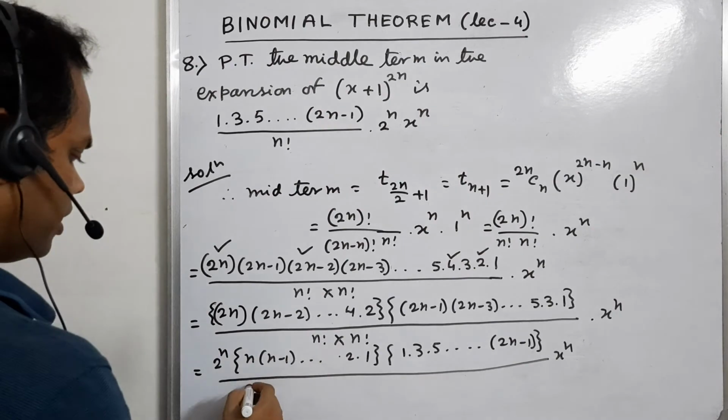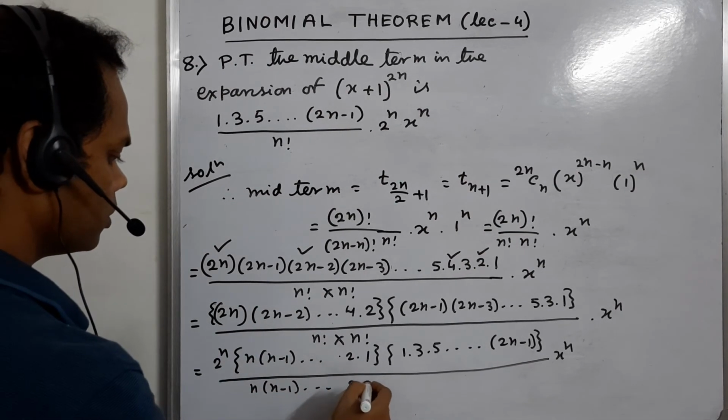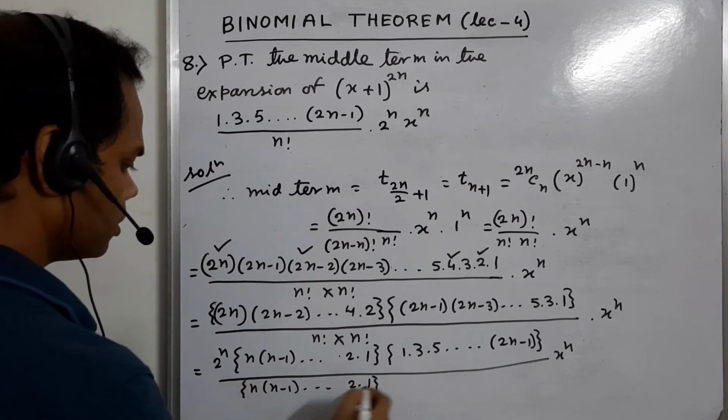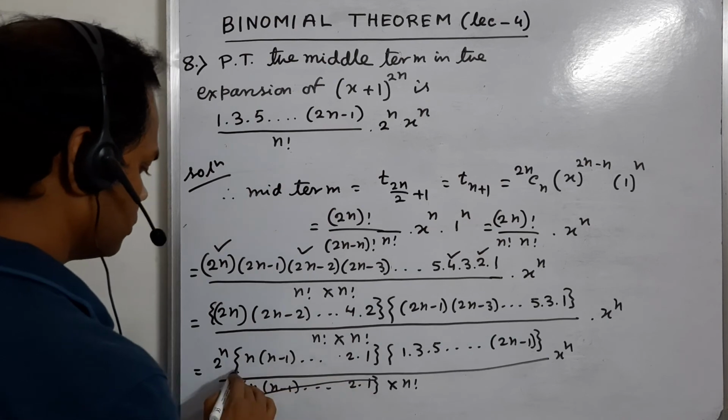Now this n factorial can be written as n into n minus 1, and so on, 2 into 1, into n factorial. By cancellation of these two,